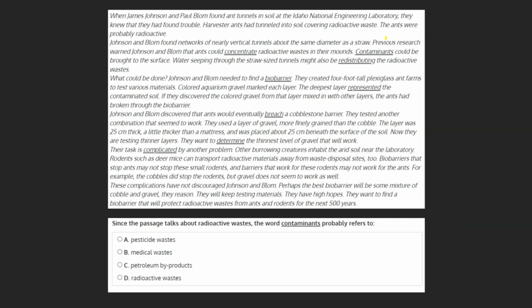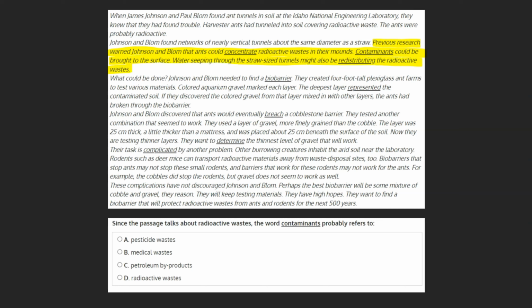Let's begin by locating the context of the word contaminants in the original text. We see contaminants mentioned in the second paragraph. That tells us that previous research warned Johnson and Blohm that ants could concentrate radioactive wastes in their mounds. Contaminants could be brought to the surface, and water seeping through the straw-sized tunnels might also be redistributing the radioactive